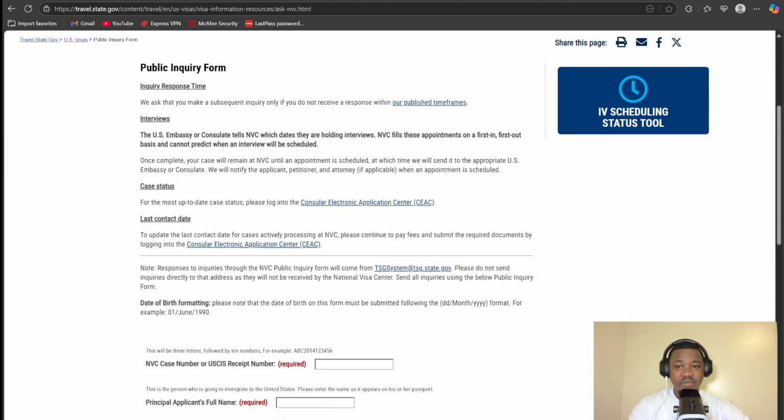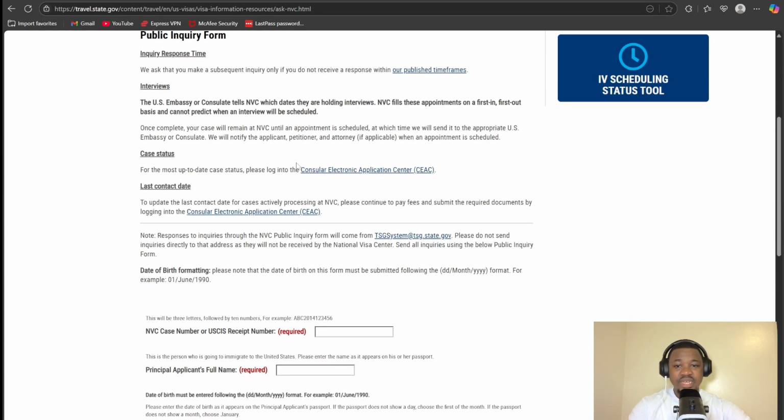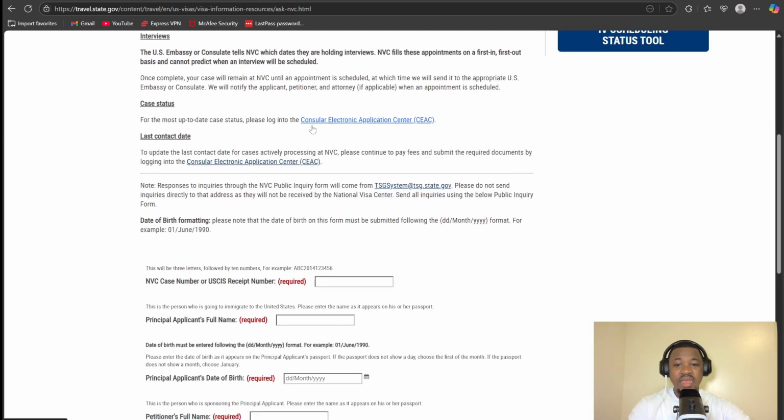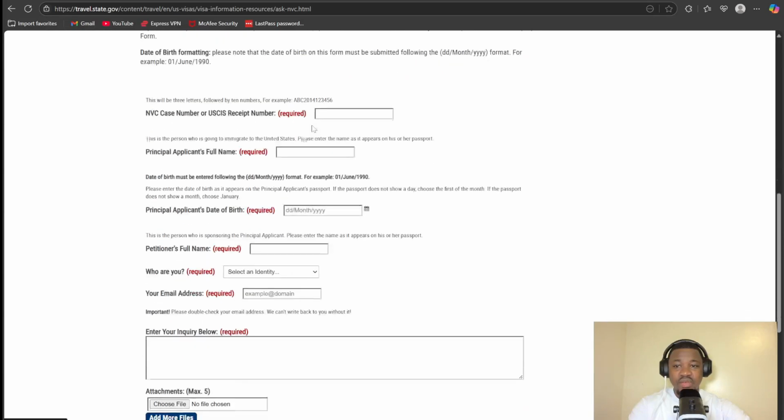Public inquiry form. All this information you see here is from travel.state.gov that they are trying to let you read. If you want to read, it's up to you, and if you don't want to read, it's up to you. If you finish reading or if you don't read it, all you have to do is to scroll down and